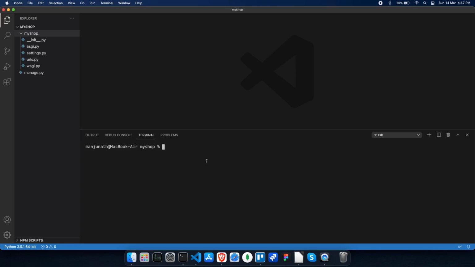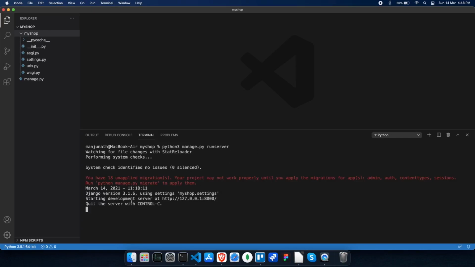So the command which I'm looking for would be python3 manage.py runserver. This particular command will let us run the server of this particular web app. Make sure you type python for Windows, and if you're on Mac or Linux, just type python3. Once this command is here, we just have to click enter, and it will get some files for